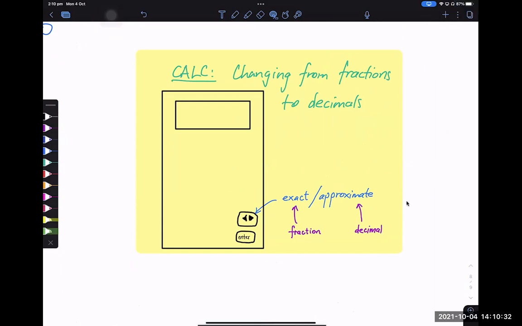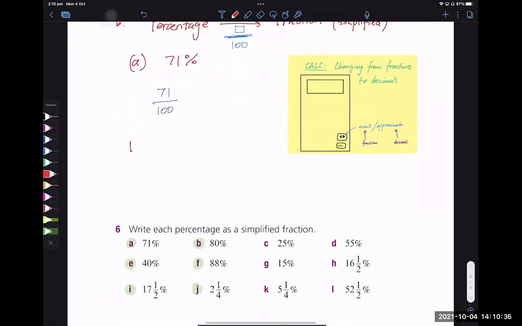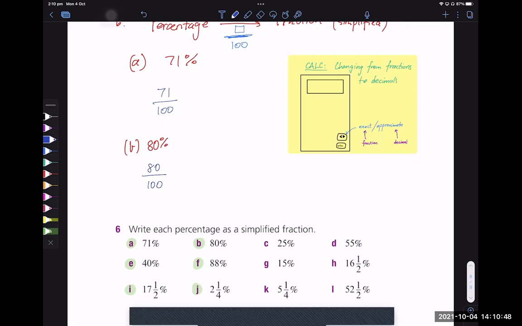Awesome. Let's try a couple more questions. We know the drill now. All we have to do is divide by 100. So we'll do question B. We've got 80%. All we have to do is 80 over 100. Type that in our calculator. And,